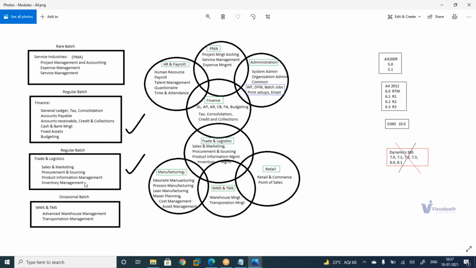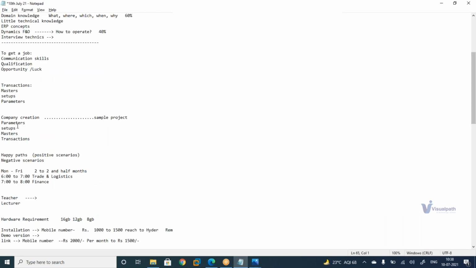Regarding the parameters also, each and every parameter I'm not going to teach. Wherever it is important, those things I will touch, but I'm not going to teach every parameter, every checkbox. It is very difficult, but wherever it is required, I need to explain. That is one of the training, because if you look at this, parameters is a concept.